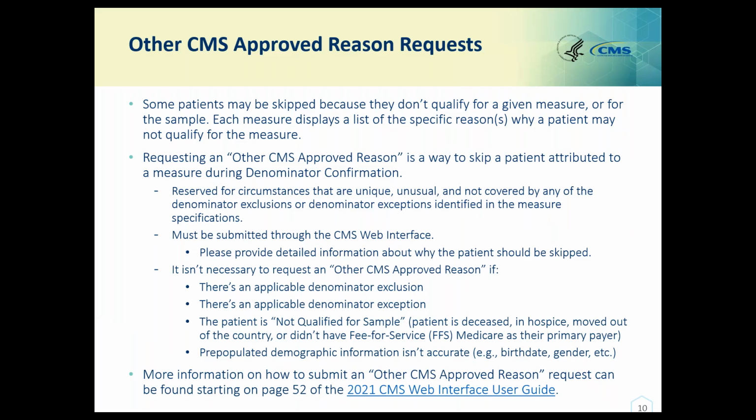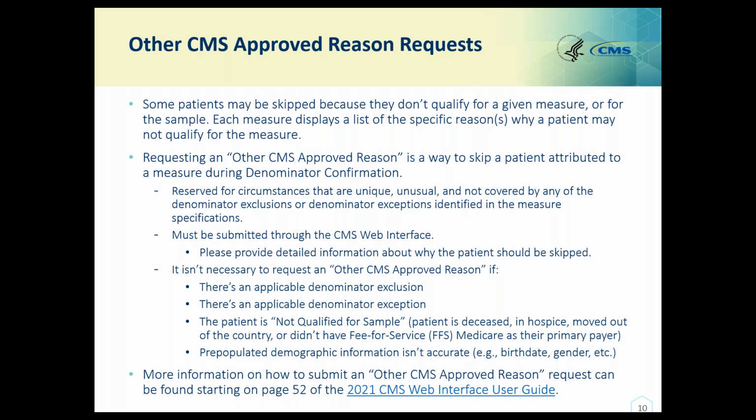So here we're just going to cover what an other CMS approved reason request is. Some patients may be skipped from a measure because they don't qualify for that particular measure or the sample. Each measure displays a list of the specific reasons why a patient may not qualify for the measure. By requesting an other CMS approved reason, it's a way to skip a patient attributed to a measure that's reserved